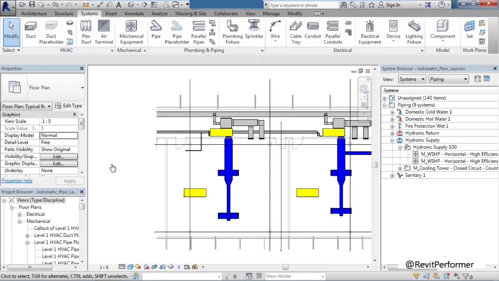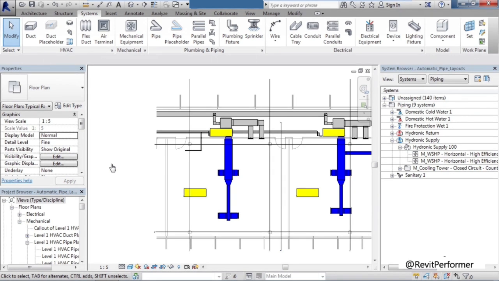So once you have your pipe system created and your mechanical equipment for your pipe system, the next step is to actually lay out your pipes. Now you could lay these out manually by choosing a pipe and then adding segments from one point to another point. You can also use a pipe placeholder, basically a conceptual way of laying out the pipes and then later on converting those pipes. The way above that is first just display the System Browser.